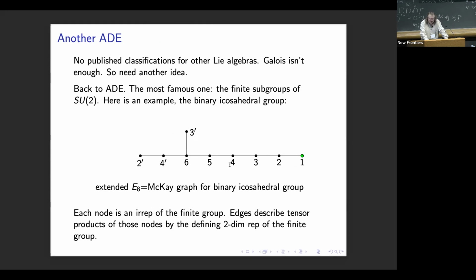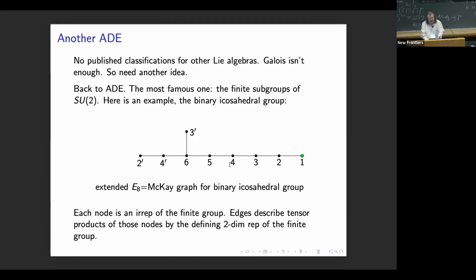So here's an example, and maybe I don't have time to get into this, but this is the most famous ADE pattern. ADE is a pattern that lies all over mathematics. It has to do with Perron-Frobenius theory: the graphs, the matrices that have largest eigenvalue less than or equal to 2. The most famous example of this are the McKay graphs. You look at the finite subgroups of SU(2), and you can draw graphs based on the representations. The nodes of these graphs will be the different simple